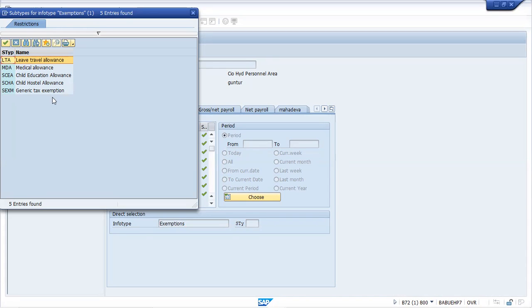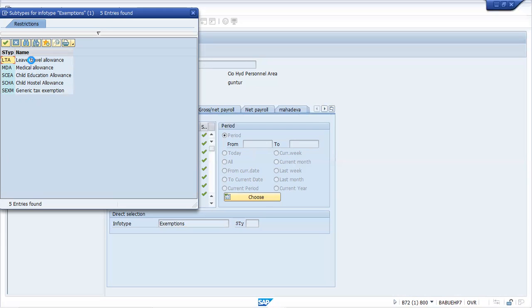So in that table we went, and I was explaining we can create our own exemptions. In this example, we have a limited set of exemption types in the 0582 infotype. We can create our own exemption, and also add those in this list. In that way, we can understand how these exemptions are calculated. Now, to make you understand in more detail, you can start with LTA. Just create an LTA.